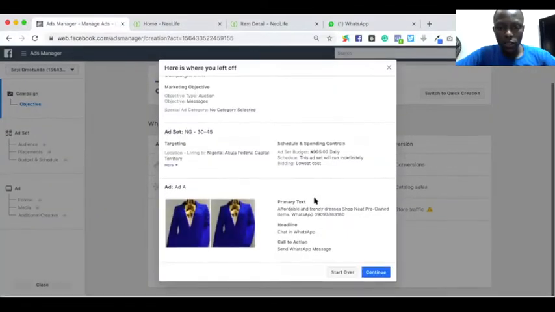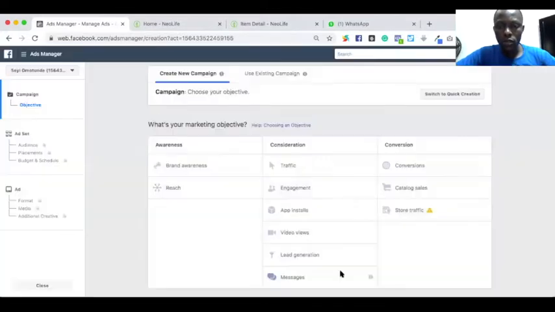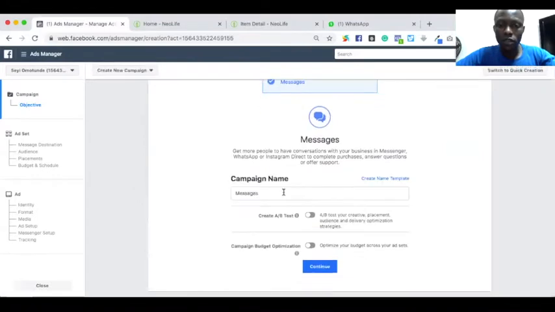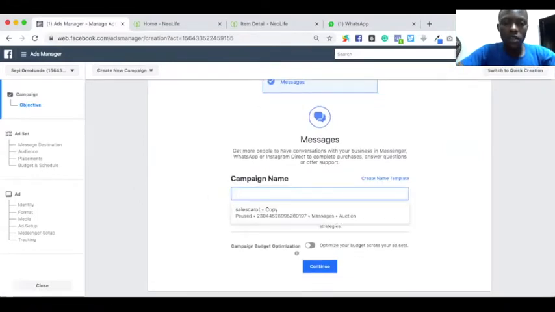the next thing you need to do, so I'm not doing this, I'm starting all over from that. The next thing you need to do is to go to the message objective under consideration, which is very good for WhatsApp. And once you click that, you scroll, you give it a name. So I call this one still order or open